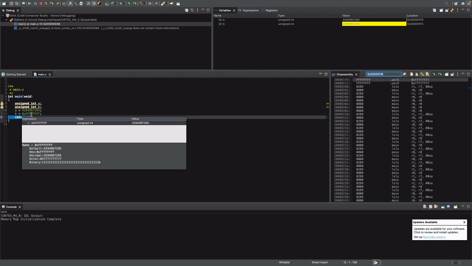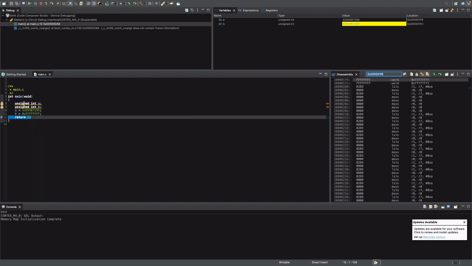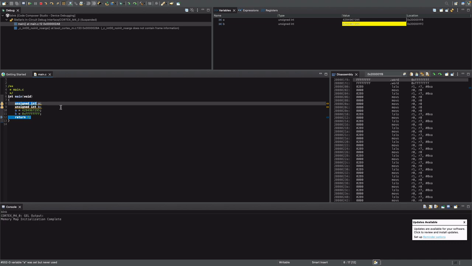Why? Because now we have used the full, let's say, the full size of this data type. The data type unsigned int is interpreted as a 32-bit variable by the compiler. This is very important to understand when we are programming in C, because this is something that you're going to find very often,